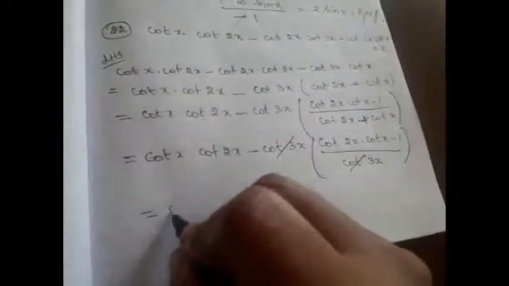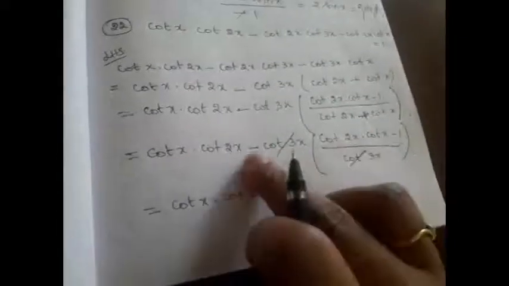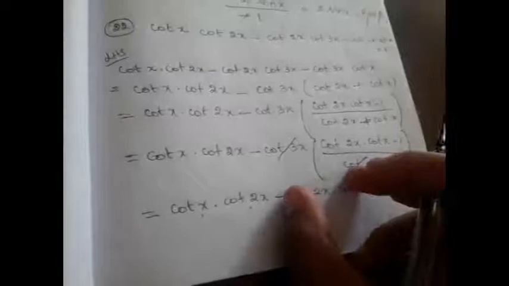So these two will get cancelled. So which is equal to cot x into cot 2x. We are going to multiply, remove the brackets, minus cot 2x into cot x, minus into minus it will become plus 1. See cot 2x, cot 2x, cot x, cot x. This entire term is a negative here, this entire term is positive. So these two will become 0. So your answer is 1, which is nothing but your right hand side. Hence we proved.